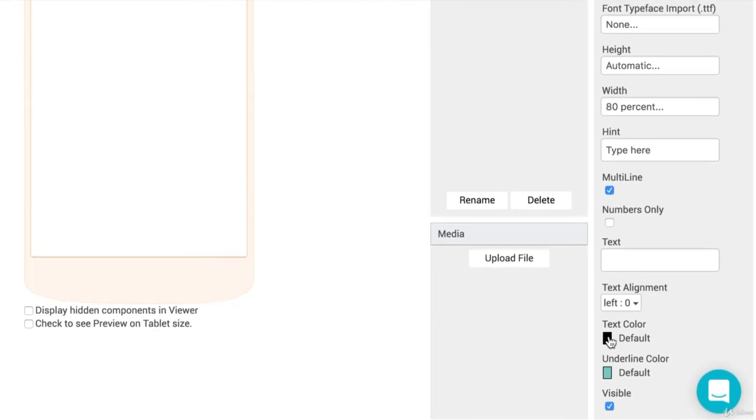Talking about the text color, you can change the text color and even the underline color. By default, you can also disable the components to be visible. You just have to uncheck this box called visible in order to hide that component by default. And based on any event, if you want to make these components visible,